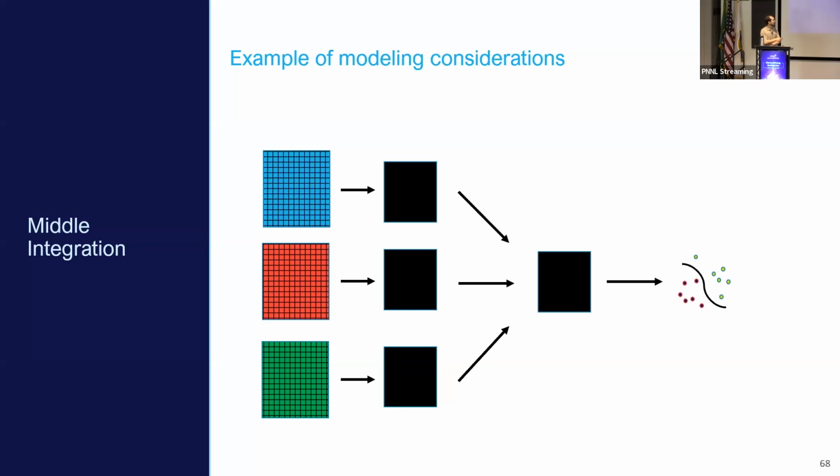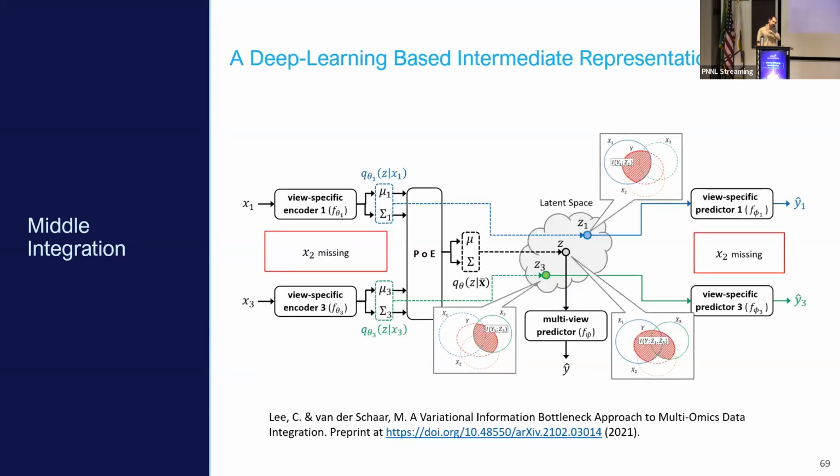As opposed to what I described at the start of this about what middle integration does, which is to process them, but then also combine them so you get the combined representation of your multi-omics, and then use that to answer your question. But it might be useful to do both. And one of the papers that we looked at, one of the methods, I'll explain this in a second, don't worry,